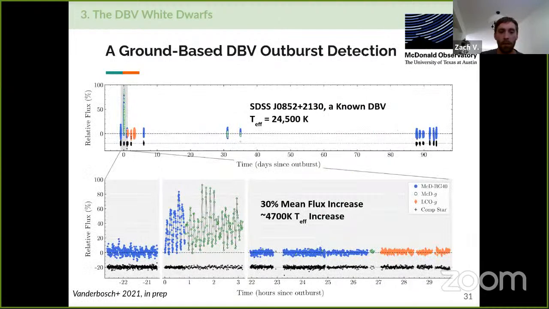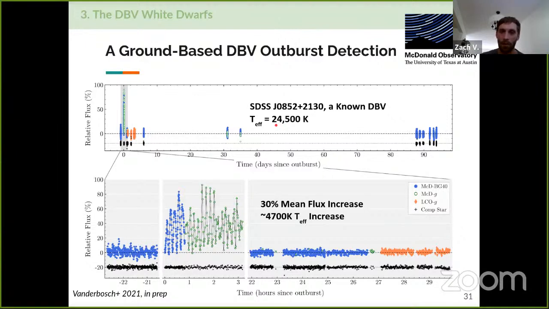And a few years ago, we observed an outburst from the ground for the first time. It was a totally serendipitous thing in a star that we really shouldn't have even found this in, which I'll explain in a bit. But we found it on this one particular night. The mean flux increased by about 30%, which corresponds to an effective temperature increase of around 4,700 Kelvin. And this is in a DBV,